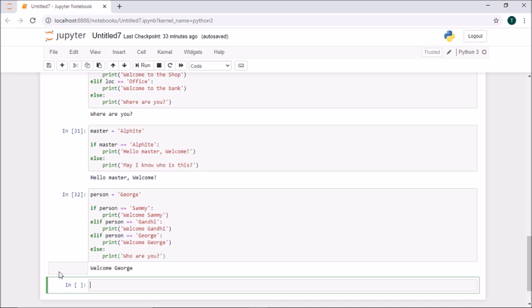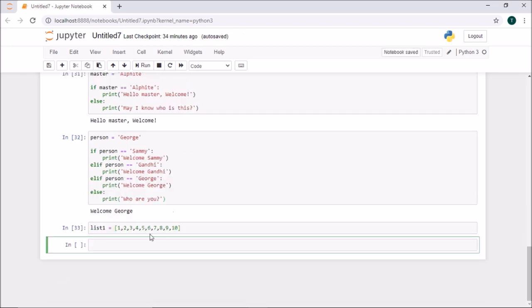Let me create a list first. If it is a list, we should start with square brackets. I'll have a set of list 1 2 3 4 5 6 7 8 9 and 10. So I have 10 elements in my list.